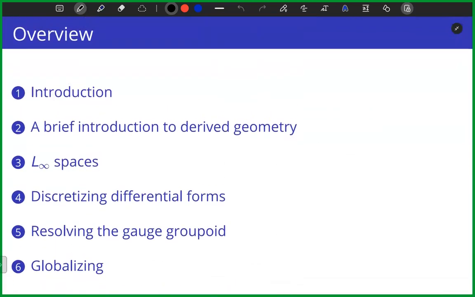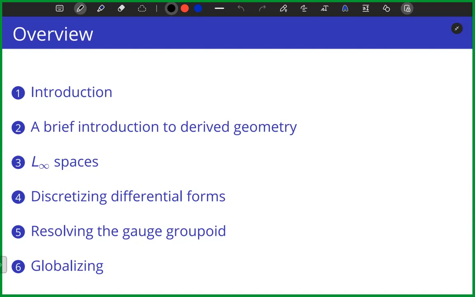So I'll be trying to give an overview of Chern-Simons theory and what that's all about. The whole idea here is that we're using derived geometry to discretize Chern-Simons theory. I'll explain a little bit about what that is, the best I can. And then derived geometry in this context will come from L-infinity algebras. These are just generalizations of Lie algebras and differential graded Lie algebras where the Jacobi axiom holds up to homotopy,